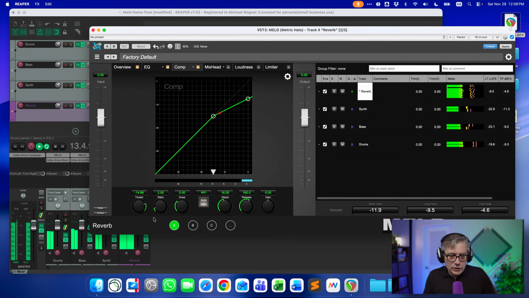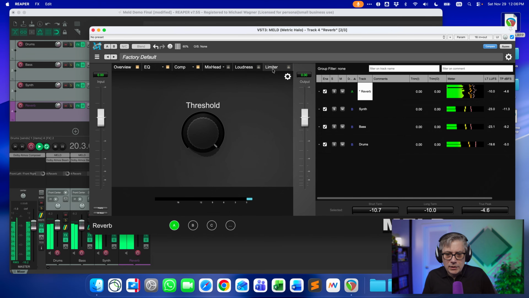I can use that to do some sidechain pumping if I want to. The same also goes for any of the settings in the limiter. If I want the limiter to be controlled, I can also do that with the sidechain. And that actually is really, really cool.